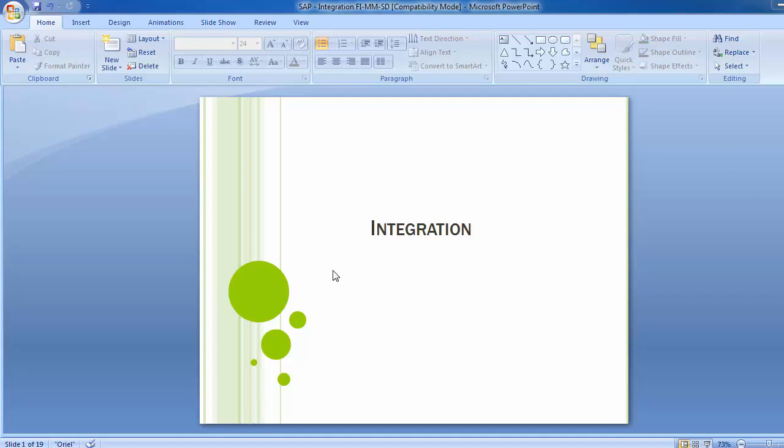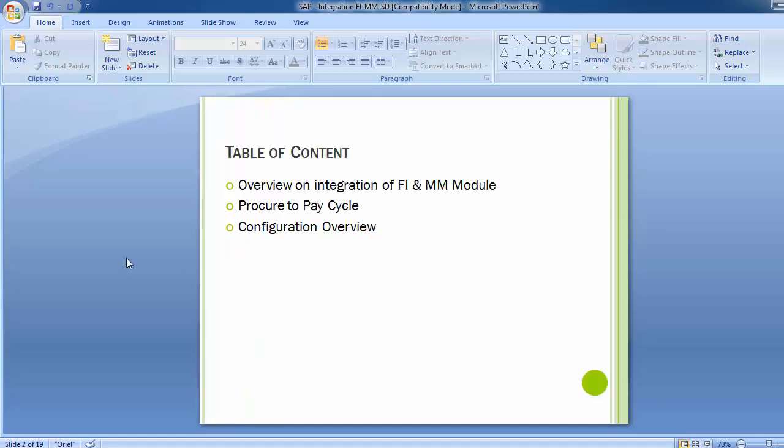Here we will try to deal with the main activities to take up the integration part. So today's training basically contains an overview of the integration of FI and MM modules, the procure to pay cycle, and the configuration overview.